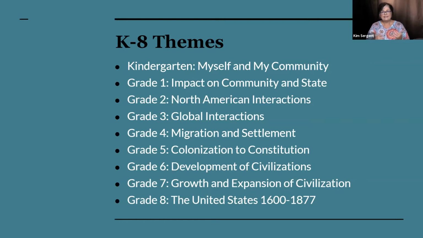So coming back to this, grade 1, like I said, is Kentucky. So they're going to be looking at the governor, whereas kindergarten is going to be looking at who's my mayor or who's my city councilman that works for my community. They stay right there. First grade actually moves up to the governor. And we could look at the county judge executive for your county. Then grade 2 is North America, which means Canada, the United States, and Mexico. Yeah, this focus is getting a little bit bigger. Well, guess what happens with grade 3? Grade 3 is the whole world.